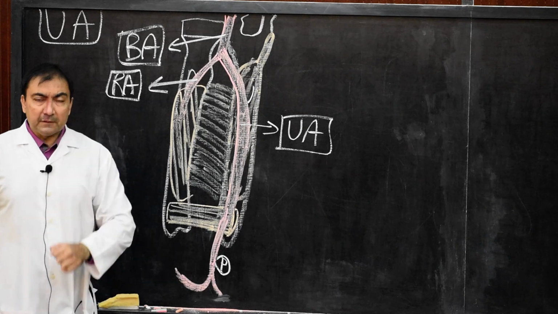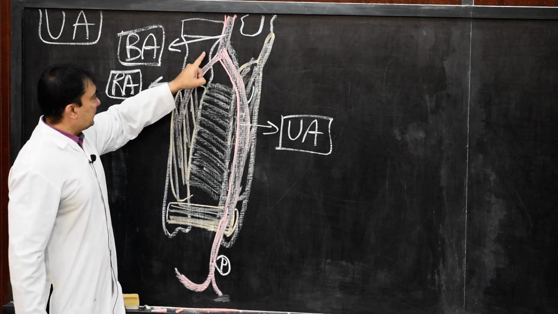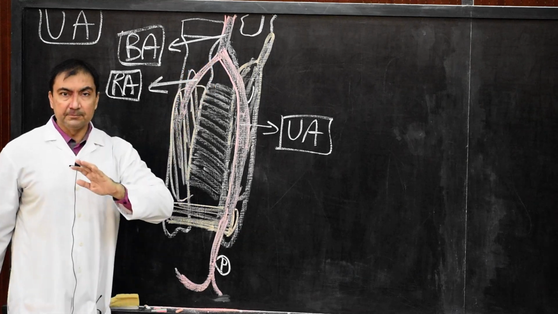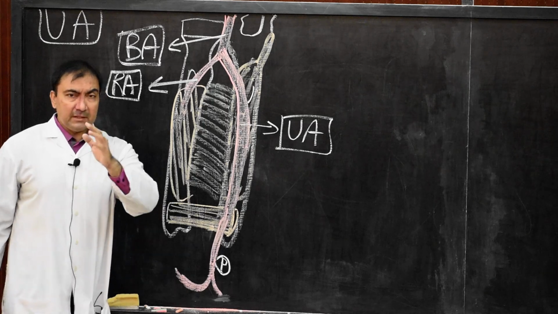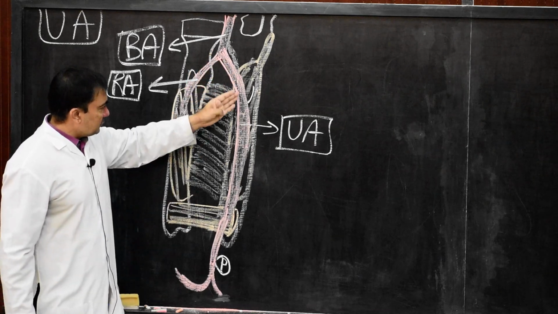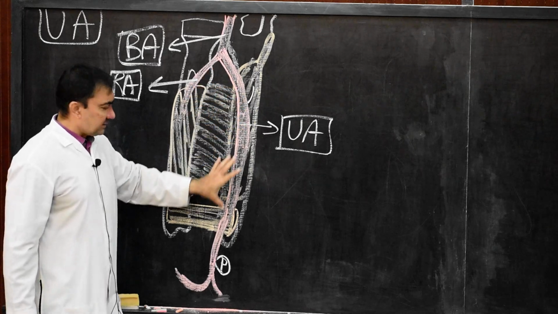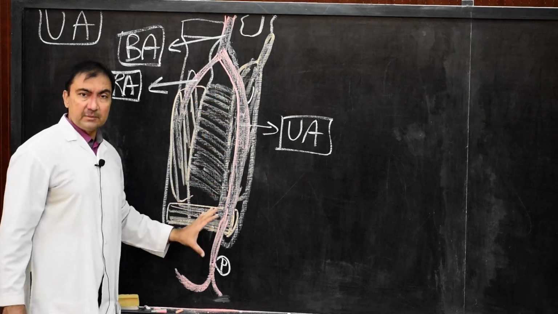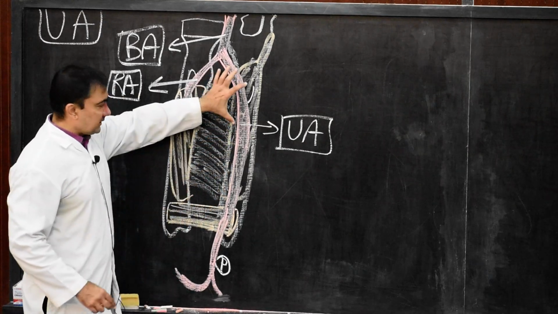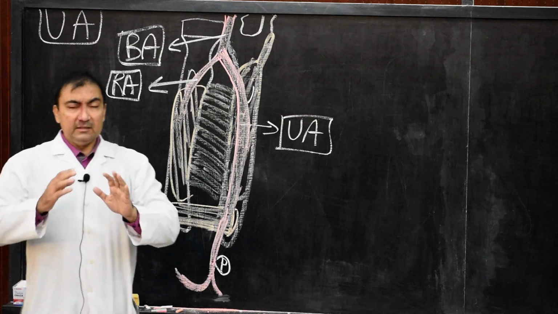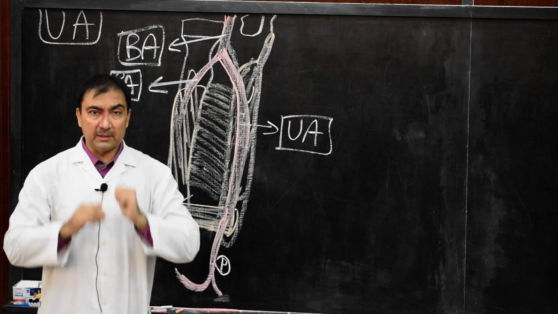The origin, or commencement, of the ulnar artery will be from the brachial artery at the level of the neck of the radius, or 1 centimeter below the bend of the elbow. After taking its origin, the ulnar artery will curve in such a way that it will be lying exactly on the ulnar side, anterior to the ulna bone. In the upper 1/3 of its course, it is lying deep to the superficial flexor muscles of the front of the forearm.